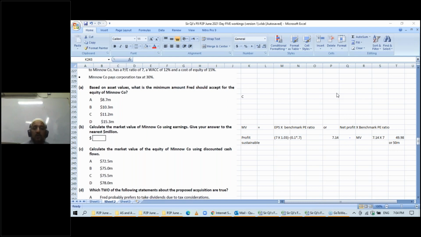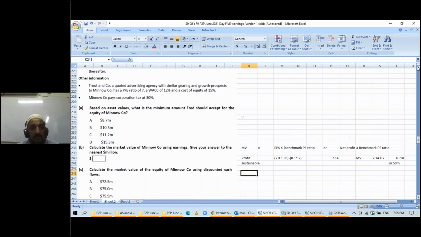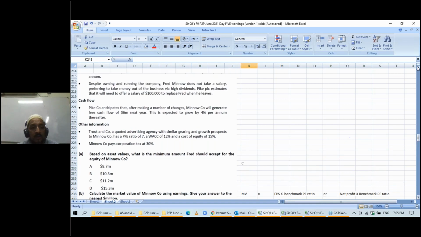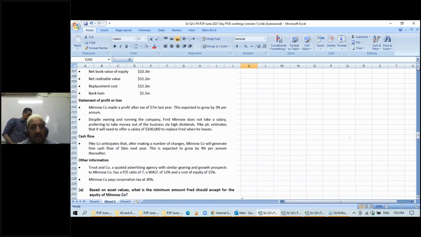Okay, so one more question, students, we will attempt, and that's calculate the market value of the equity of Minnow company using discounted cash flow. So if we use a discounted cash flow technique, what will be the market price of the company? So according to the question, if we use a discounted cash flow technique, so you will find that